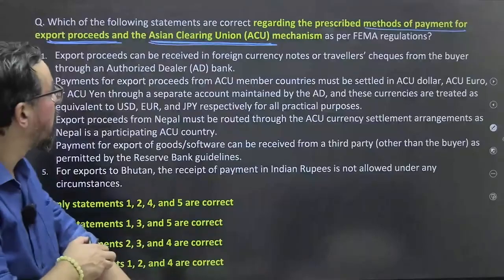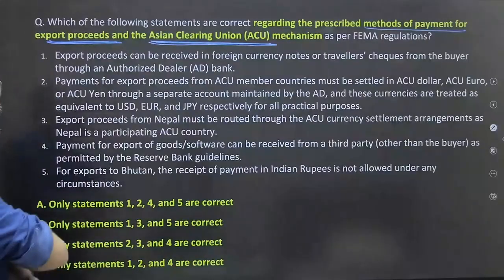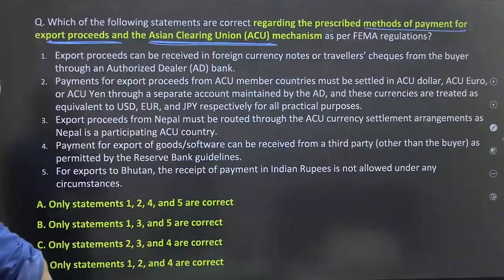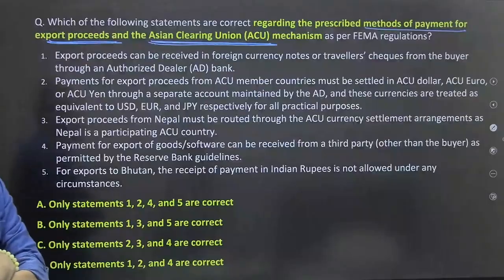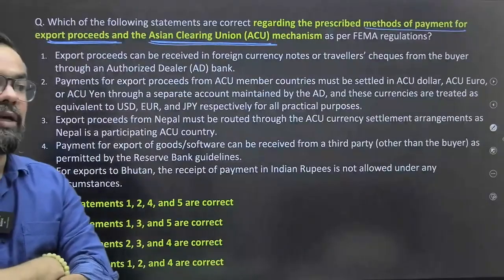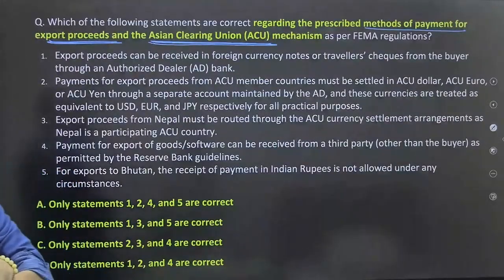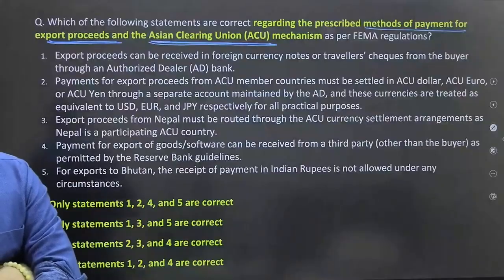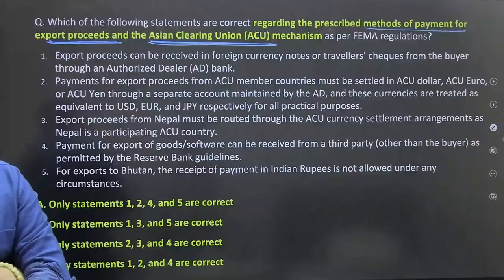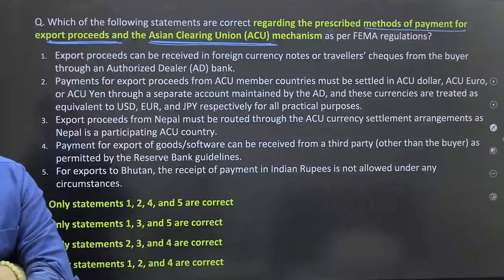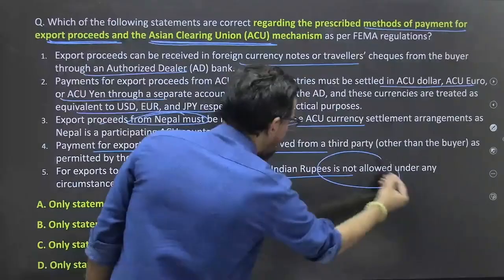We have to find out the correct statement, ठीक है। So prescribed methods of payments for export proceed को कहाँ पे means, let's say आपका हाउ विल डील विद दैट पर्टिकुलर मनी, ठीक है, कैसे उनका हैंडलिंग होगा, एंड एसीयू का रोल आपका दैट जनरली गेट आस्क इन दिस पर्टिकुलर वन।